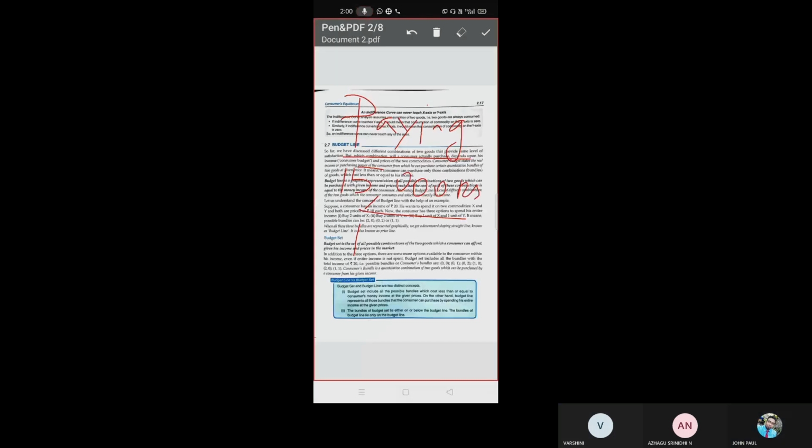Okay. So what is budget line? Let us go back to the point. Anything which comes under line or curve, it means always it represents what? It's a graph. Okay, fine. So now let's go back to the point. Budget line is a graphical representation of all possible combinations of two goods which can be purchased with given income and price. Yes or no? Income and price of whom? Consumer. Yes or no? Such that the cost of each of these combinations is equal to the money of the consumer. Okay.